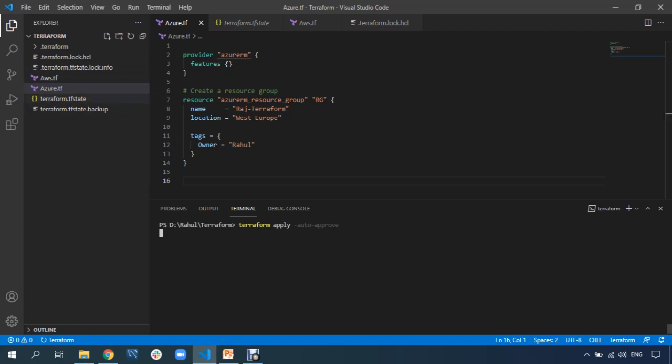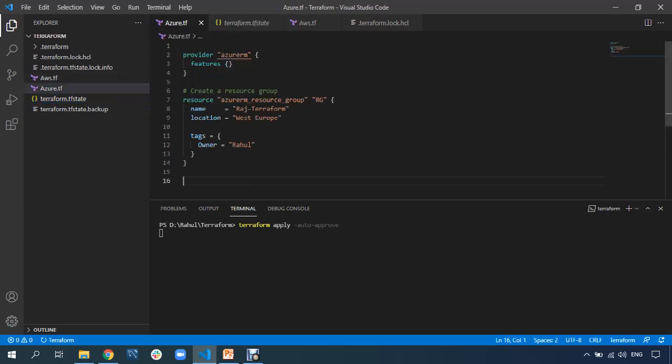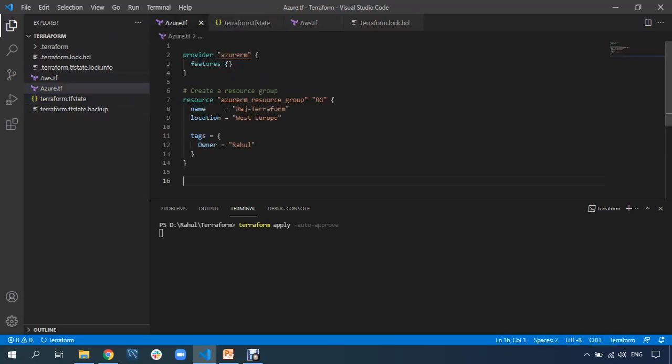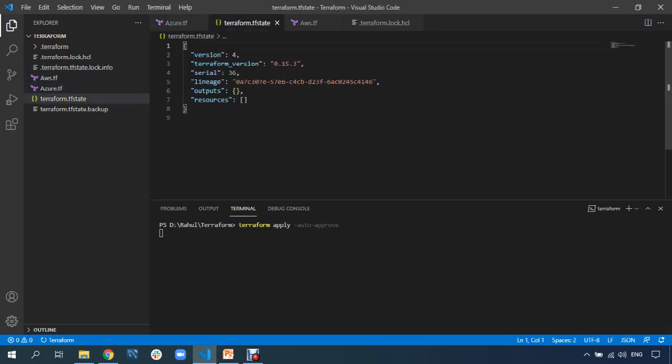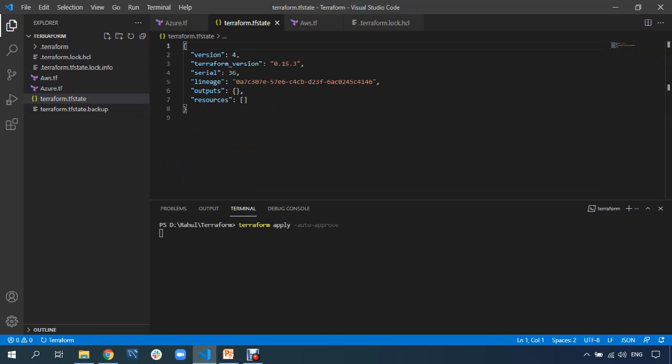So basically this Terraform state file is the database for your Terraform. So whenever you create any resources, all the resource information will be available in this Terraform state file. Under this Terraform state file, all the information will be available. So you can see all the information in this Terraform state file. So we'll hold on for a moment, let this resource gets created, and then after, if you see this state file, you will find all the details related to this resource in this state file.